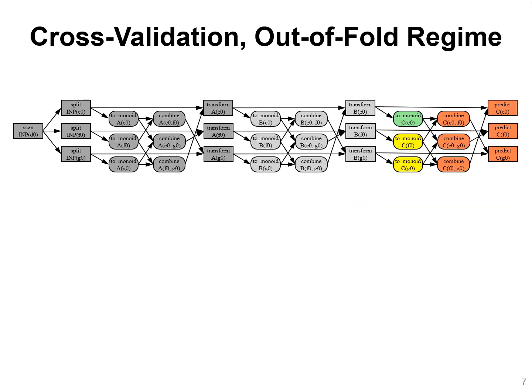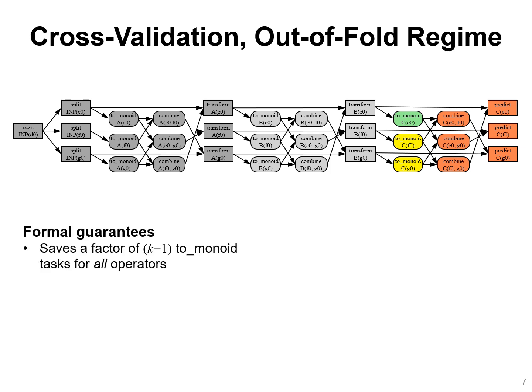Finally, let's look at cross-validation with an out-of-fold regime. Out-of-fold here means that we transform each fold using an operator trained by all the other folds except for that one. This regime has the guarantee that it saves a factor of k-1 toMonoid tasks, not just for the source operators, in this example A, but also for all other operators in the pipeline, in this example B and C. On the other hand, it lacks the formal guarantee of the in-fold regime, and it might have different results from